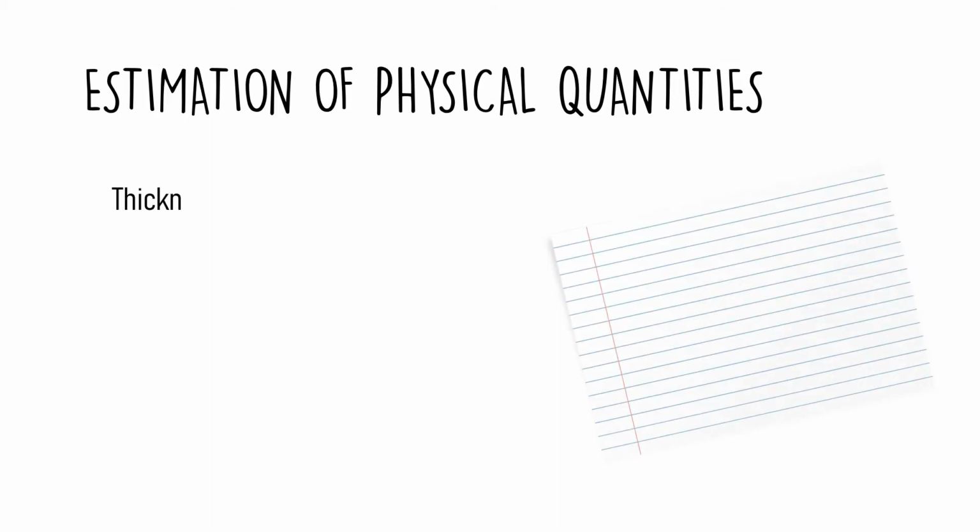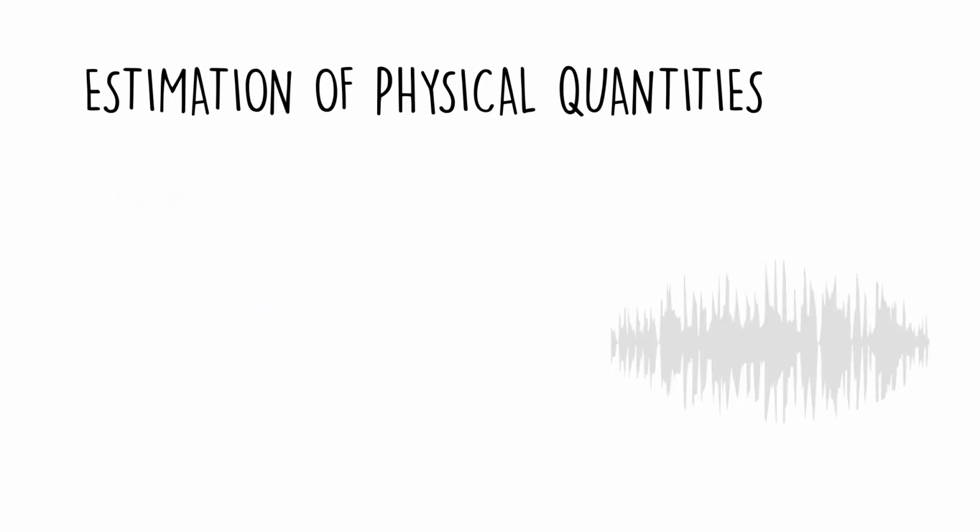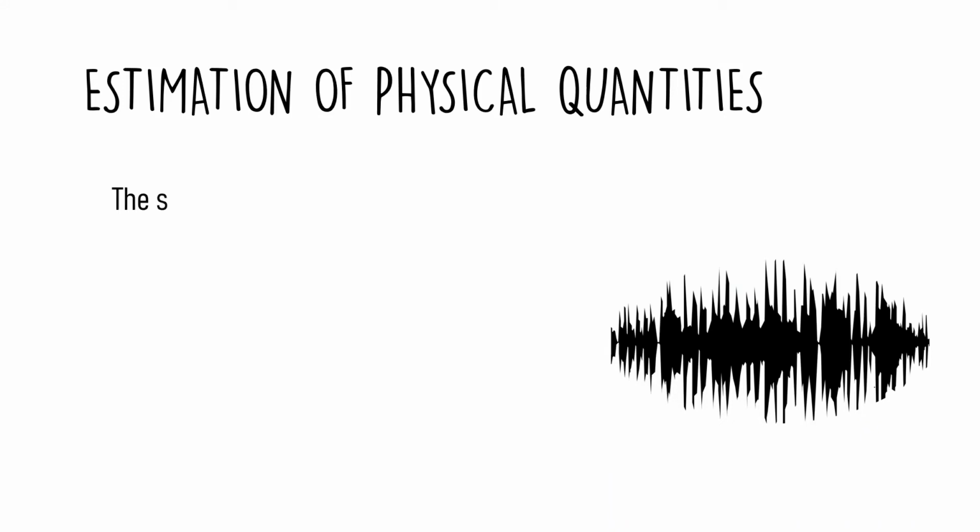Now they have also asked in the past papers, what is the thickness of a sheet of paper? I would suggest taking your examination sheet, taking a ruler, measuring the thickness of the stack of papers, and then dividing it by the number of papers. For me, it comes out to be 0.1 millimeters. You can give your answer between 0.05 to 0.1 millimeters.